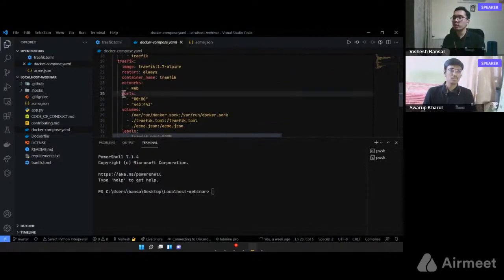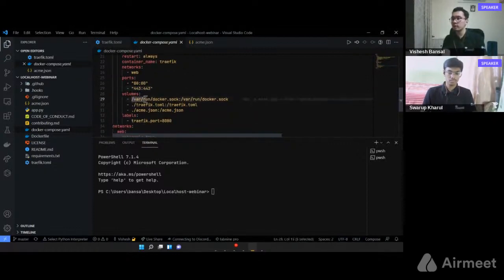Then on what ports do we want Traefik to route our requests? We have 8080, which stands for HTTP, and HTTPS, which is 443. And what are the volumes? We have to define the volume for the Docker container to pick up and bind to the socket of Docker so that Traefik can run very smoothly. The default for this is /var/run/docker.sock, and the internal container docker.sock. So it basically contains both the sockets. And then we have a configuration file known as traefik.toml, which basically defines what we're going to do with the request.